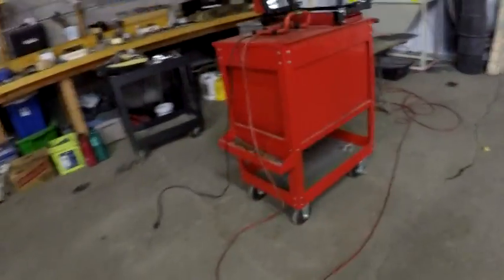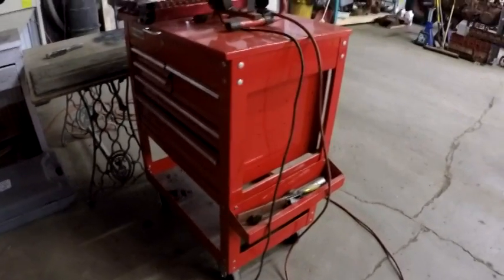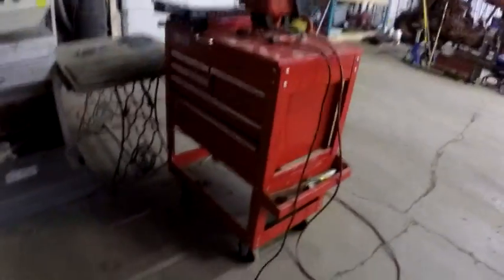and then I've got another box over on the other side of the shop here that I have some tools in that I keep over by this workbench, just basic tools that I need. I think there's some metric sockets and stuff like that in that toolbox, but basically that's it. So I'll bring you back. I don't know if you guys wonder, I told you that I had a lot of hammers, so